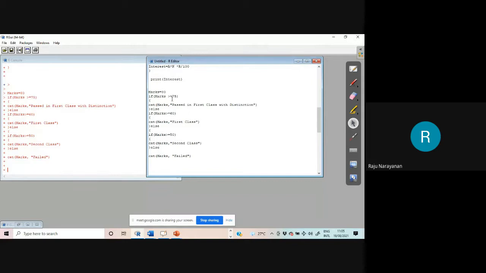If marks greater than equal to 75, cat marks passed in the distinction. Else, if marks greater than equal to 60, cat marks first class. Else, the else has not been closed. No, this is not needed. If marks greater than equal to 50, okay.